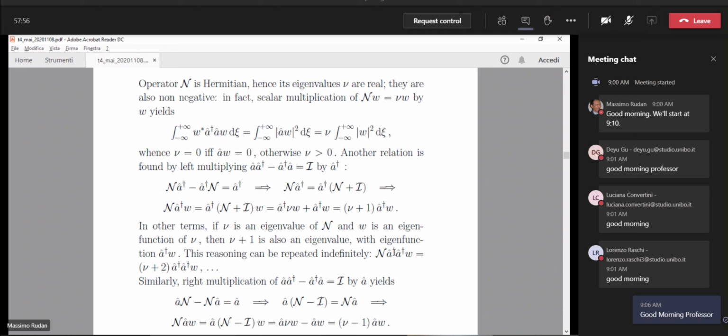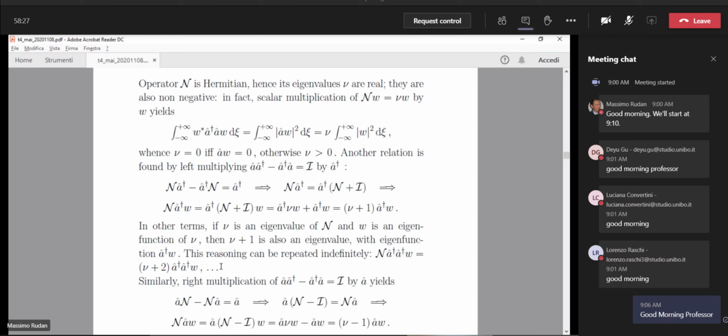We can do it immediately because the procedure is exactly the same as above. And what we find is Ni plus 2 times A dagger A dagger W. So you see that given any eigenfunction W corresponding to the eigenvalue Ni,